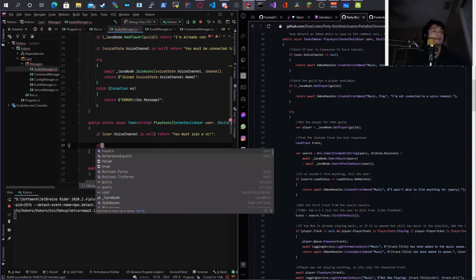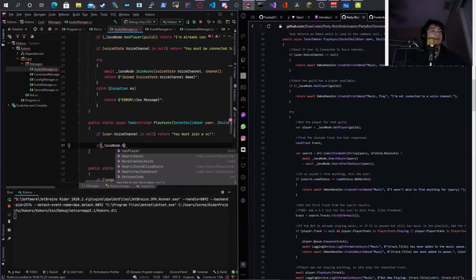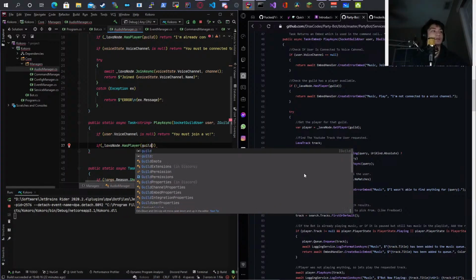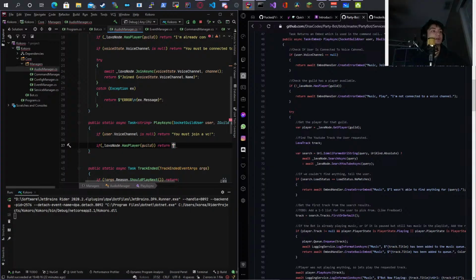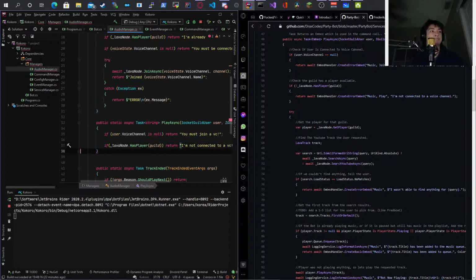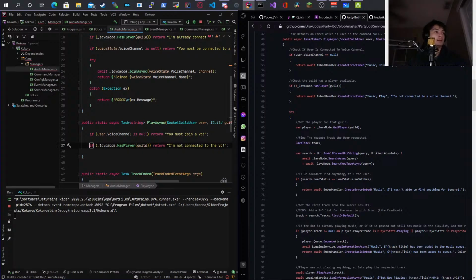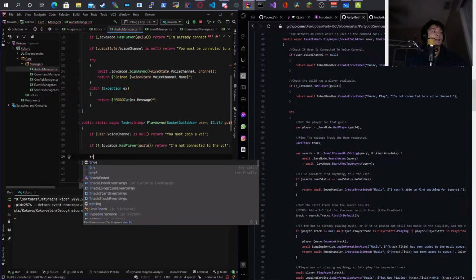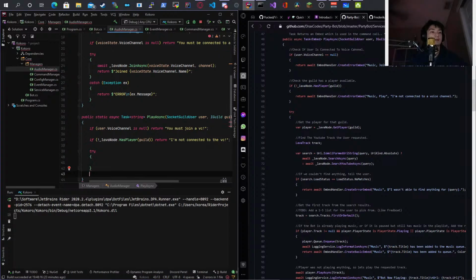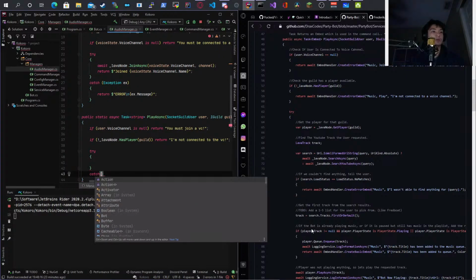Then we do an if lavaNode.HasPlayer(guild): "I'm not connected to a VC", or I can say "to the VC". And this should be a not statement. Try. It's going to be a catch here. What's the catch going to be?